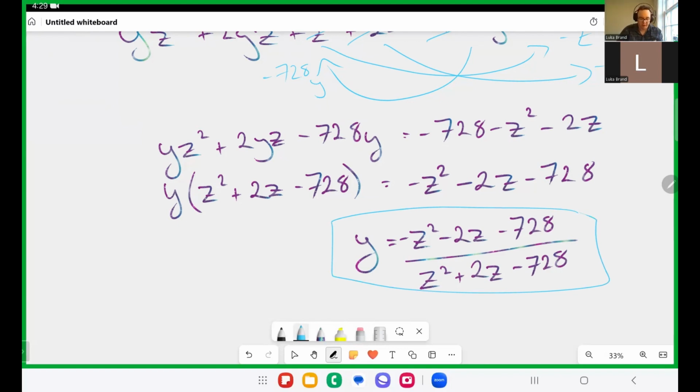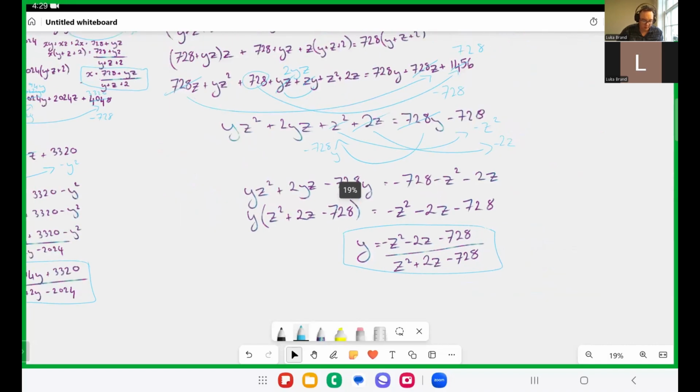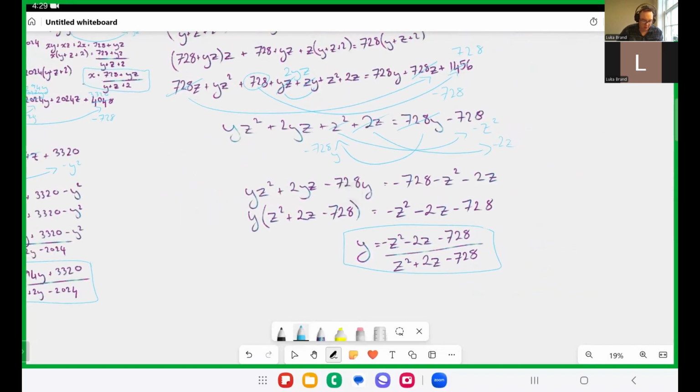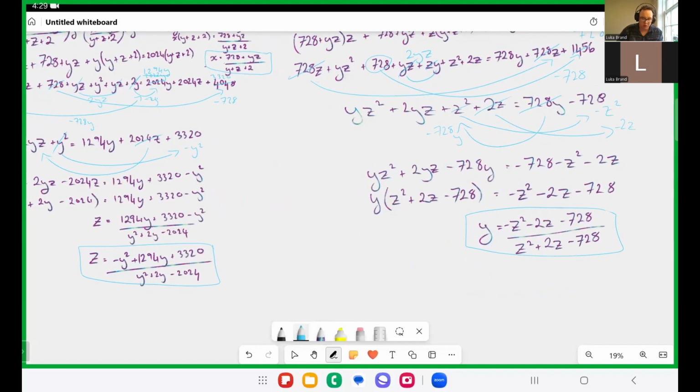Unfortunately, we have run out of time so far. So we have now those two beautiful equations. We're going to use them,